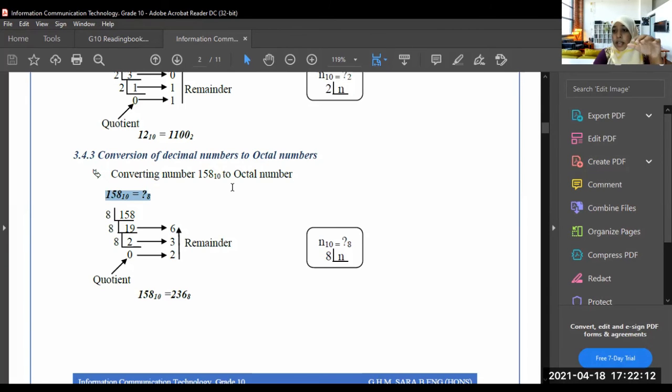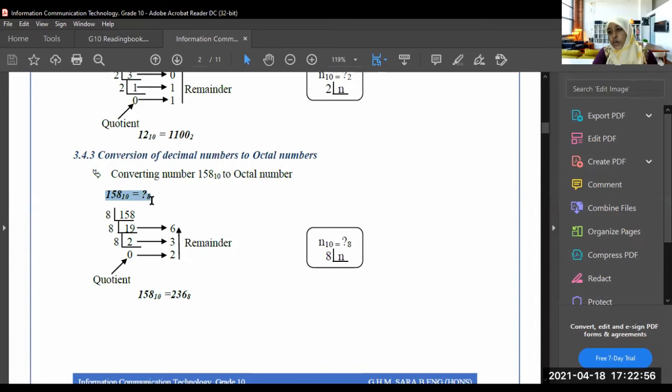Convert the decimal number into binary, binary into decimal, binary into octal, hexadecimal. So here, to make it easy, once you read the question, convert the number 158, write down the 158 near the question, equal to what? Question mark, I don't know the answer now. So question mark, what base? 2. Write down the 2 below the question mark. Understood? So here we want to convert 158 base 10 into base 8, an octal number.